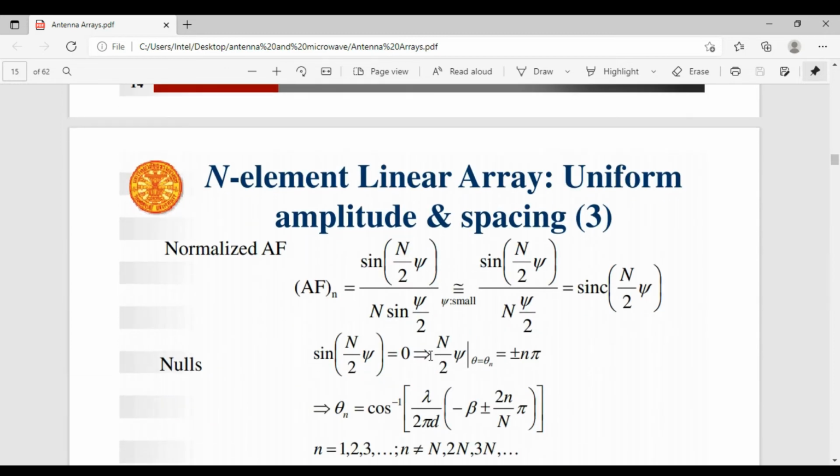So, n element linear array, uniform amplitude and spacing. Here it is n elements, all the elements have equal amplitude and spacing. The same amplitude and